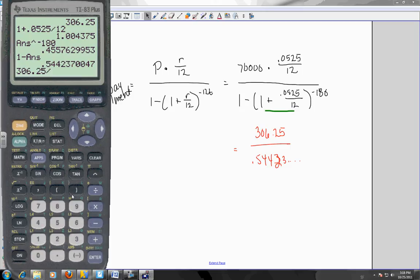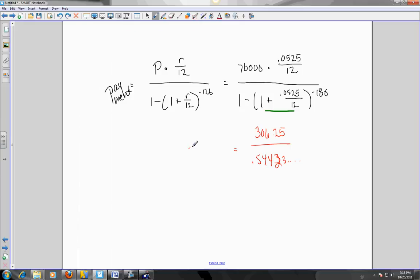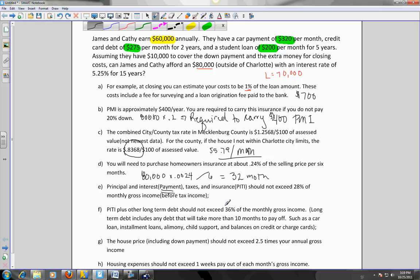So now all I'm going to do is say 306.25 divided by this crazy number that was just up here. Second answer. My payment is $562.71 every month. That's my mortgage payment. So now I need to take that mortgage payment backwards to my first slide, and I got $562.71 or $561.72